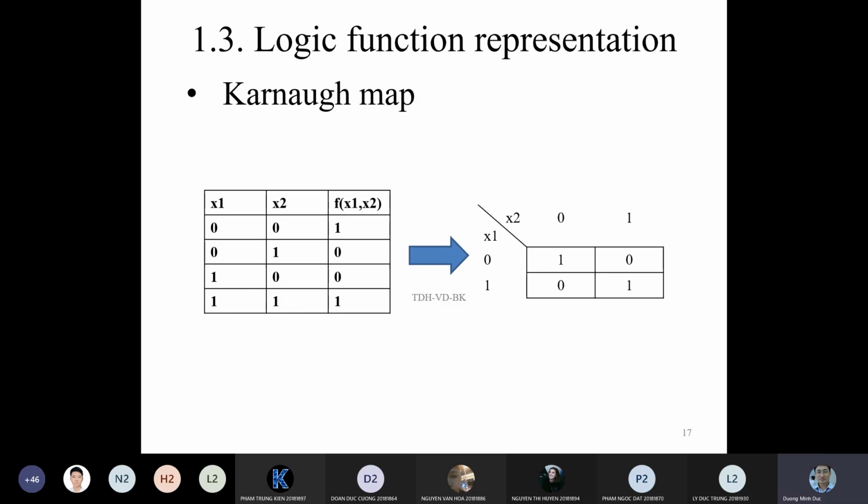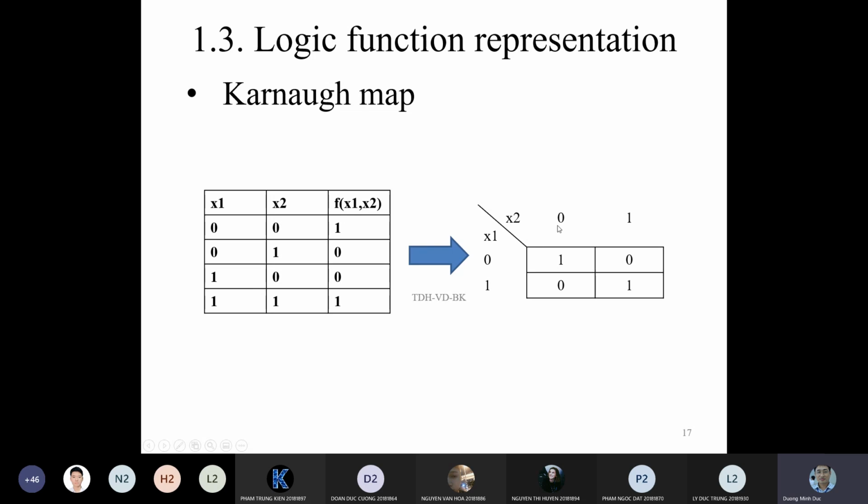Okay, so we will try to go step by step from the simple case to the more complicated case. The first example, we present the Karnaugh map for two variables. So this is a truth table for the logical function. And in order to present this truth function table using the Karnaugh map, we draw the 2D